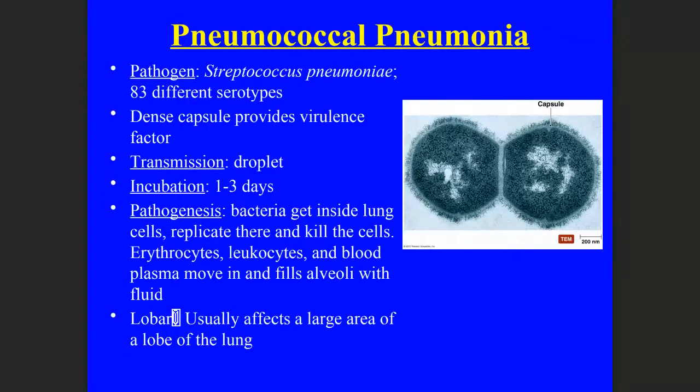All right. So now what we want to do here is talk about some different types of pneumonia. Now, if you've ever had pneumonia, or if you know somebody that has ever had pneumonia, most likely they were infected with Streptococcus pneumoniae, and they had a type of pneumonia that's called pneumococcal pneumonia. This is the most likely cause of pneumonia in most people. There are some other rarer causes, and we'll talk about them later, but this is the most likely cause for it.